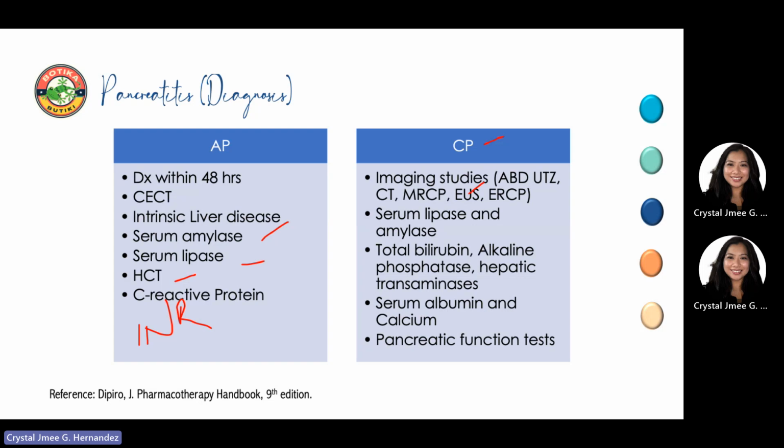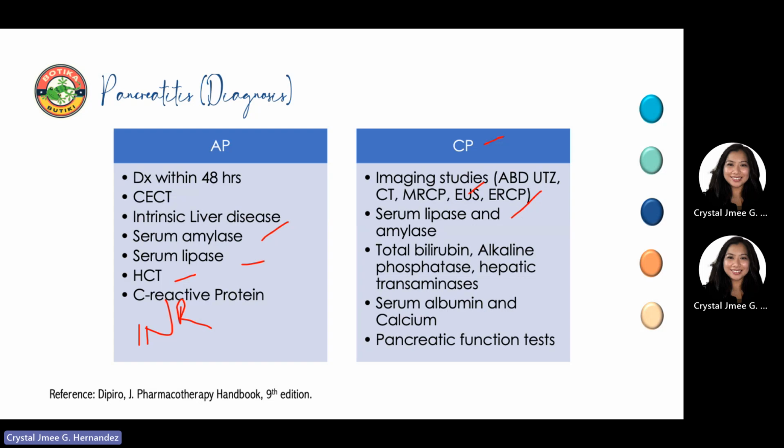Similarly, serum amylase and lipase are usually normal or only slightly elevated, but may be increased in acute exacerbation as compared to AP. We also have to look at total bilirubin, alkaline phosphatase, and hepatic transaminases, which may be elevated, especially with ductal obstruction. Serum albumin and calcium may be low with malnutrition, and pancreatic function tests should also be taken, which include